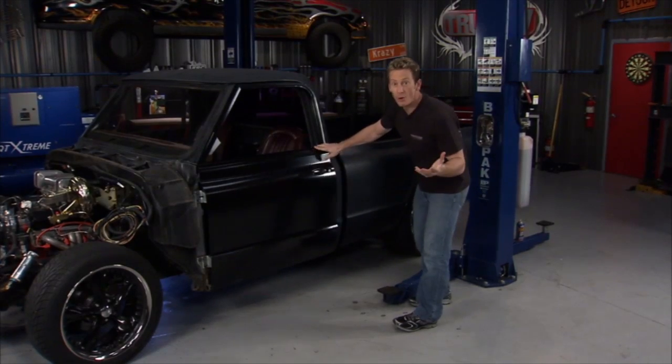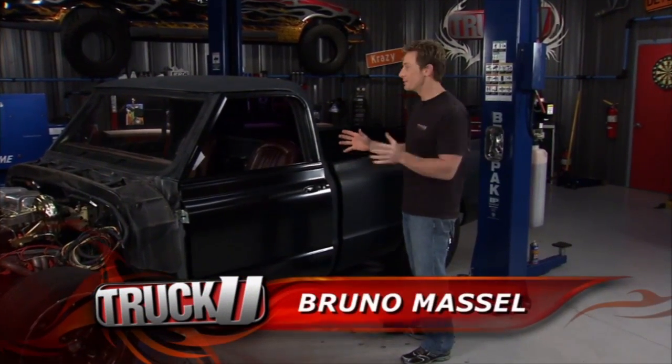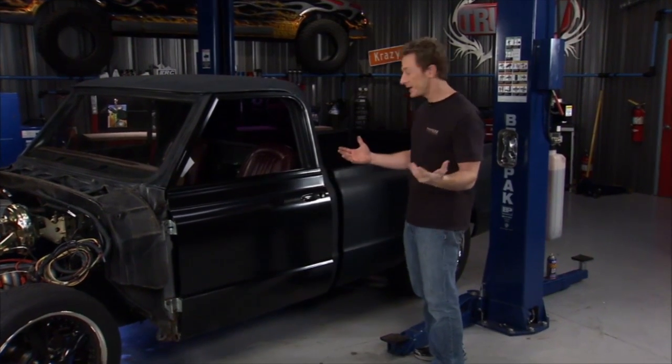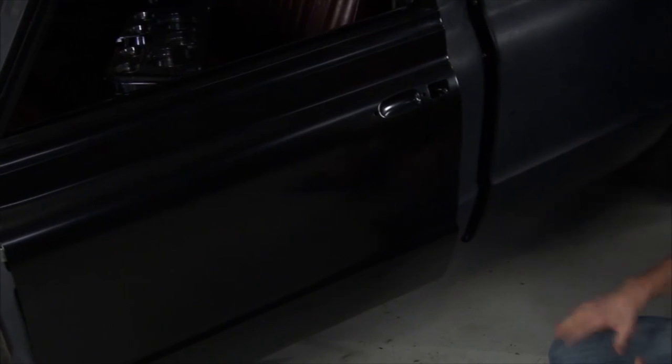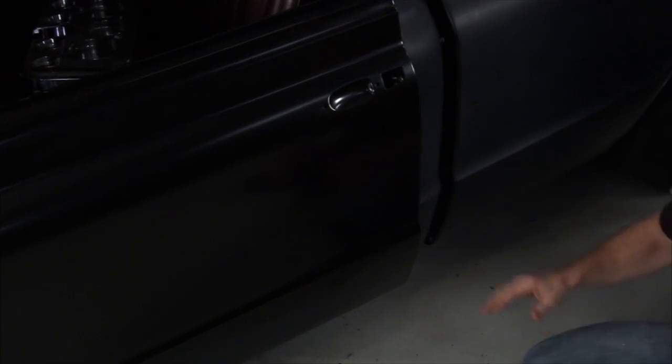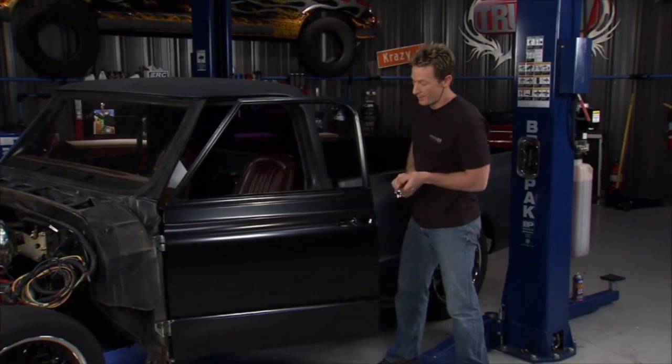So we've got our new door in place, and it looks good, but trust me, there's a lot of work left to do to make this thing fit right. And that's all part of the project. You want to make sure you got all the lines lined up pretty well, and it'll give it that nice finished look. Now, one thing we're going to do, which is going to be pretty cool, is this thing came with a new set of handles, of course. But what we're going to do is